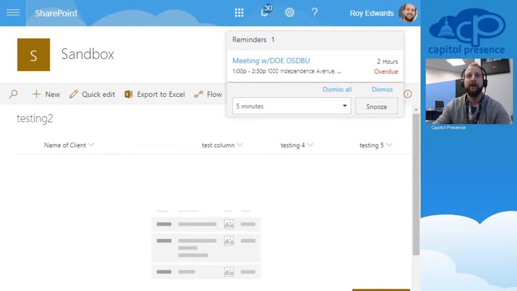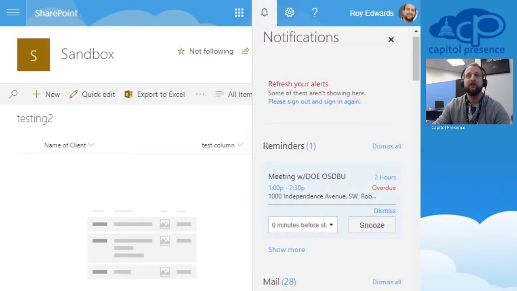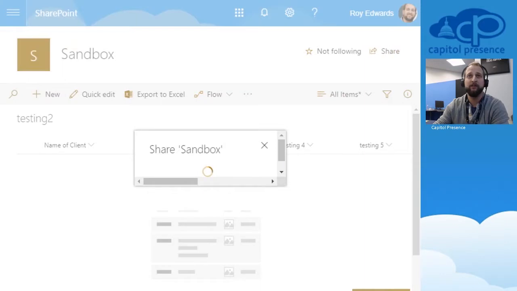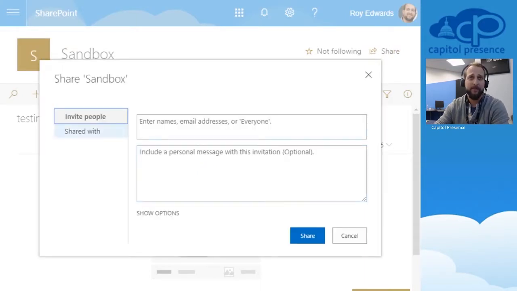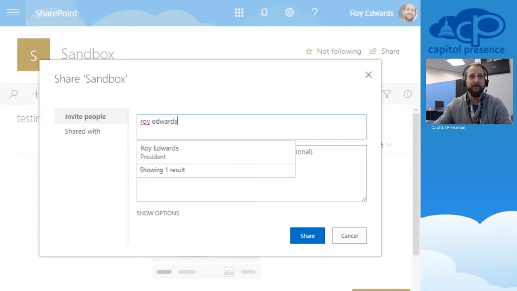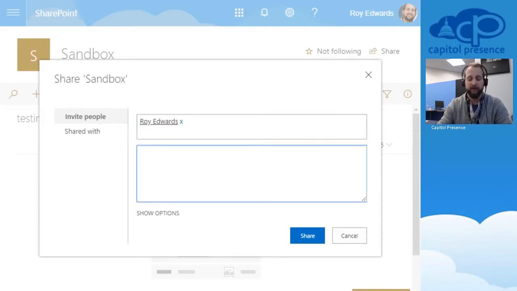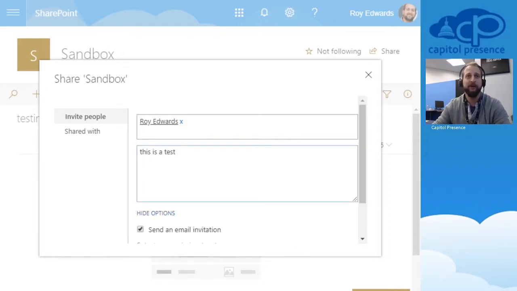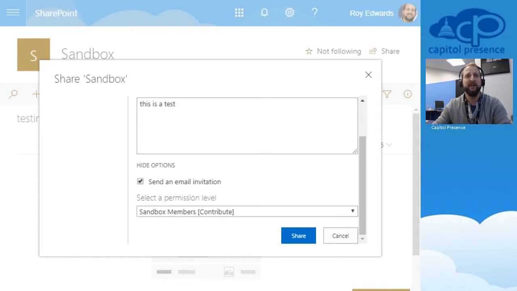So if we go into, I'm not sure why I can't dismiss that. There we go. So if I go ahead and click share, this would be through the application. I can invite somebody, so I'll go ahead and invite myself. See if I pop up. There I am. You could include a message. This is a test. And if you go to show options, it does by default always send out an email